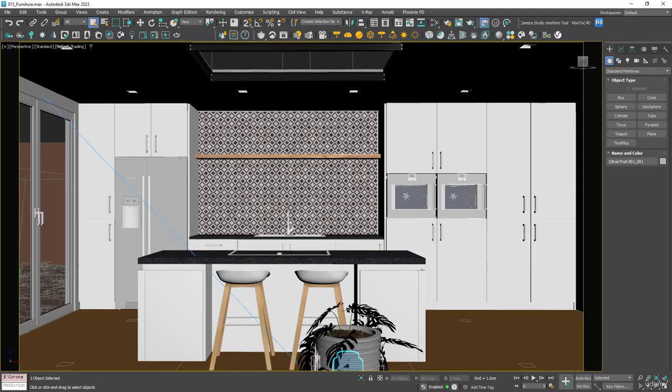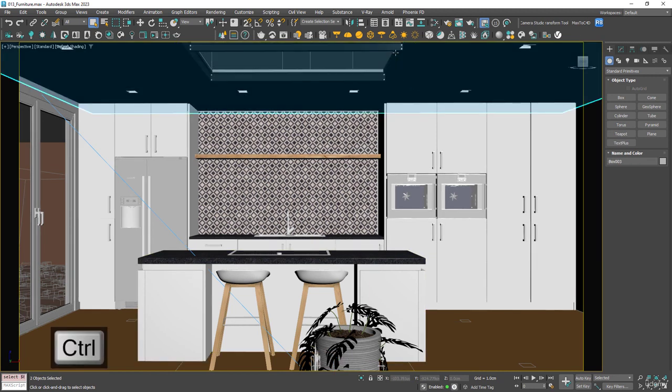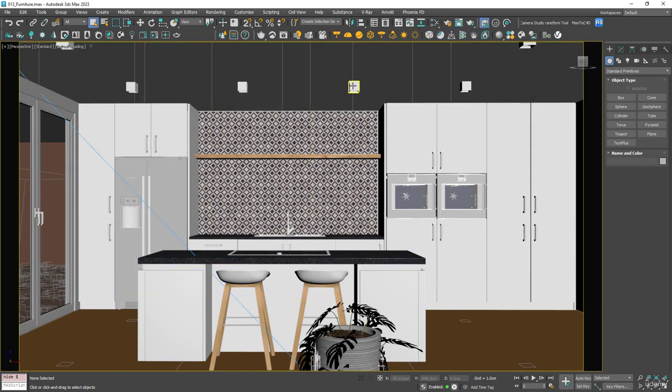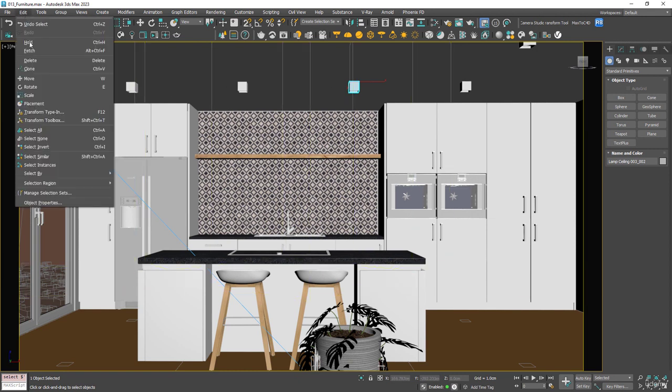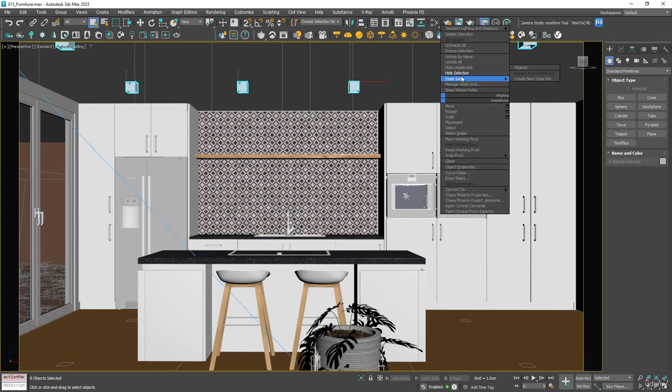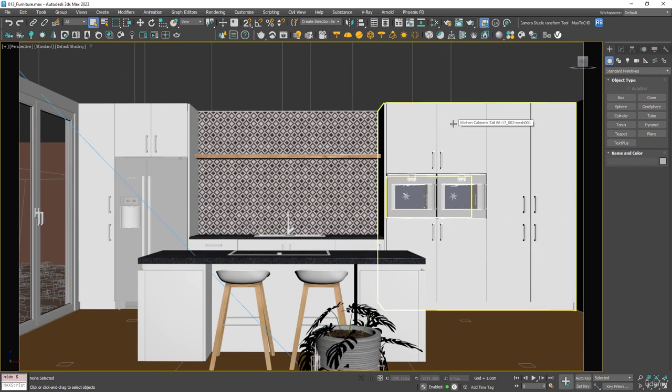And now all of our assets are here. I'm also going to select the ceiling, holding control, select that top window, and I'm going to hide them. This is going to make placing stuff easier. I'm also going to select this spotlight, and what we can do is go to edit and select similar, or you can use Shift Control A, and that's going to select all similar objects. So that's selected all of our spotlights, and then I'm going to hide those by right clicking and selecting hide selected. Now press P to go to the perspective view,